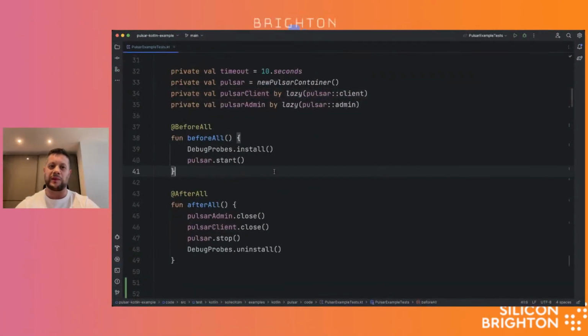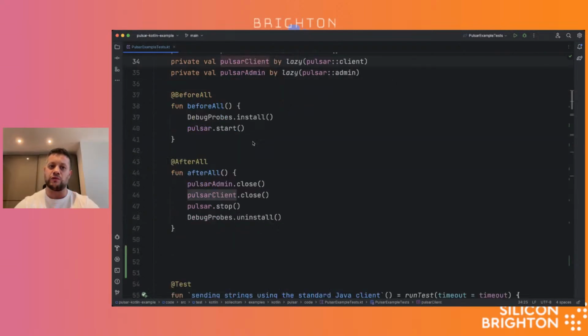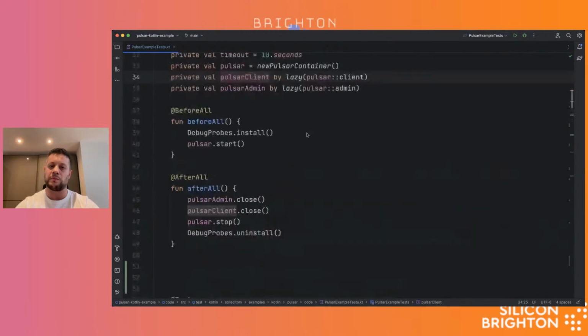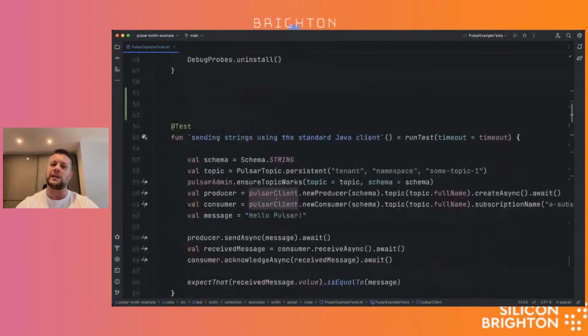So if I start the Pulsar container before using this, the Pulsar client is going to be initialized to target the address of the Pulsar container running locally, and it's going to happen atomically in one go.